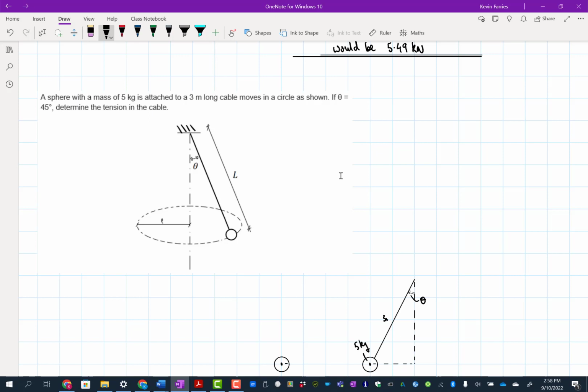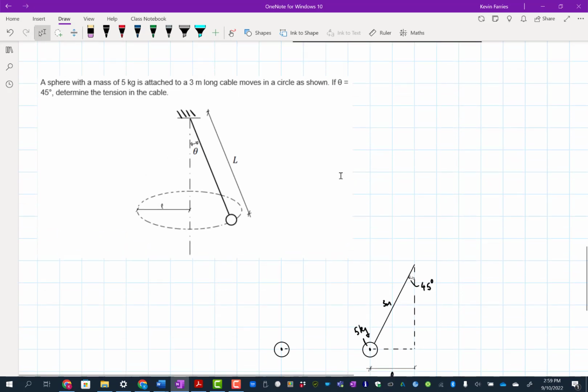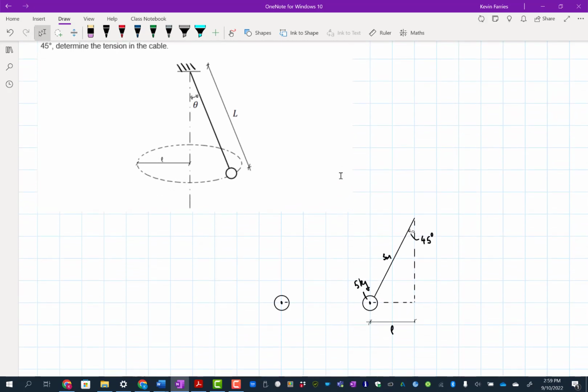And it's a 3 meter long cable. And it wants us to find the speed to get an angle here of 45 degrees. I'm actually drawing it as 45 degrees, but that's what it's looking for. And it wants us to determine the tension in the cable. That's all good. So what we'd want to do is we probably want to draw a bit of a free